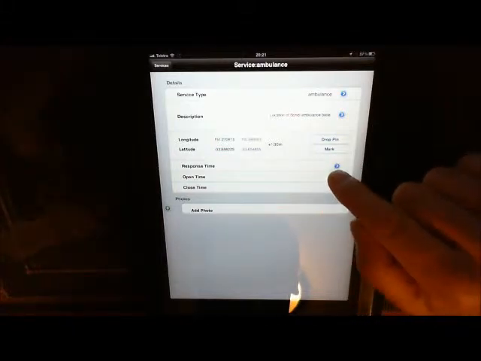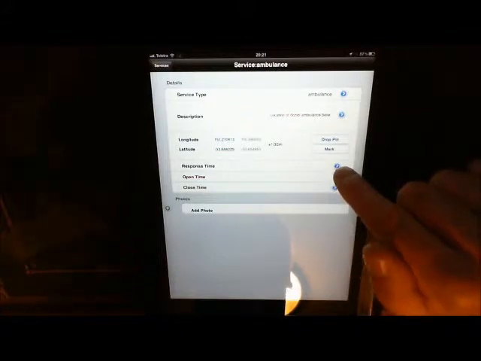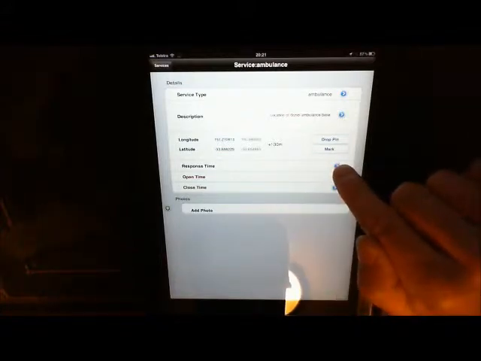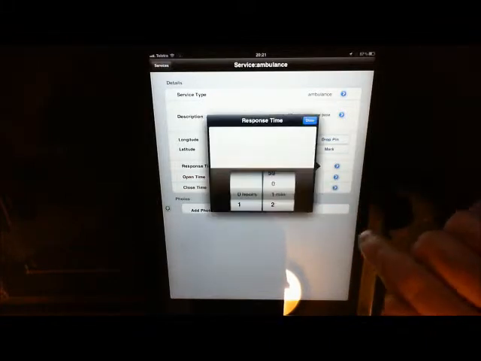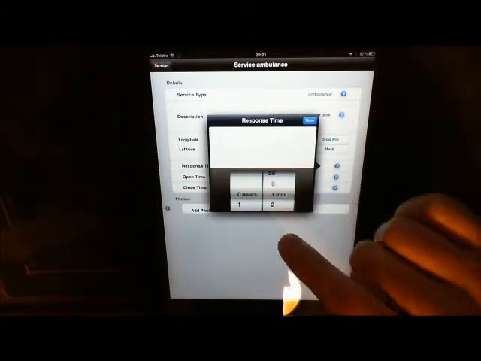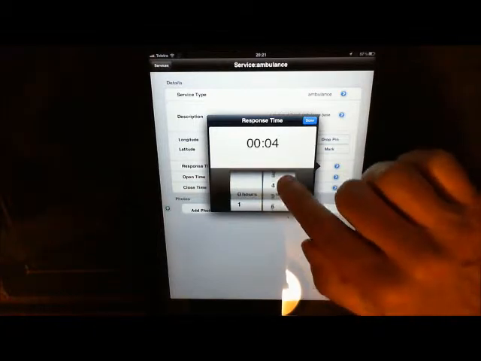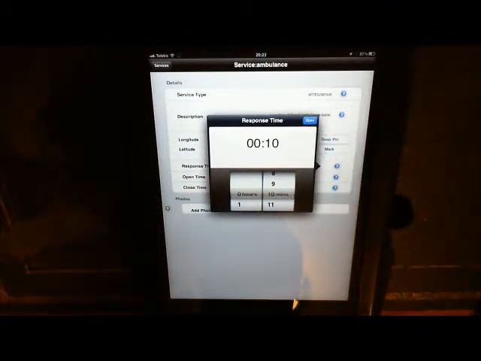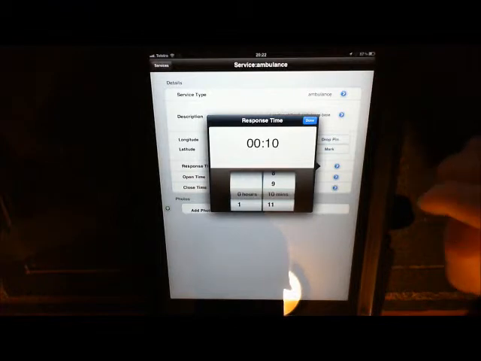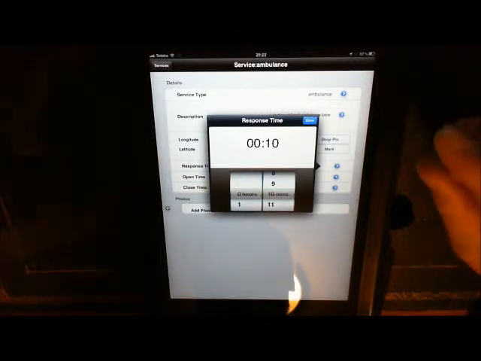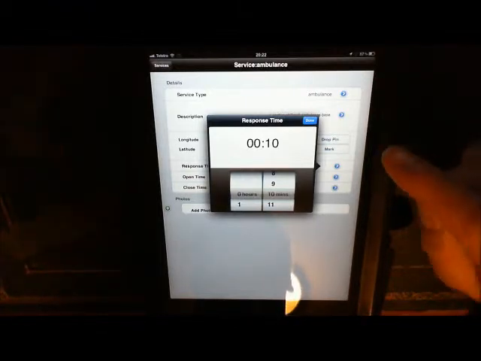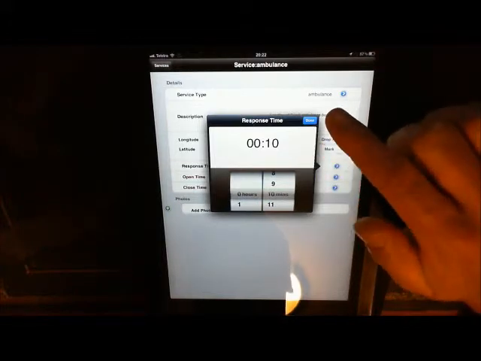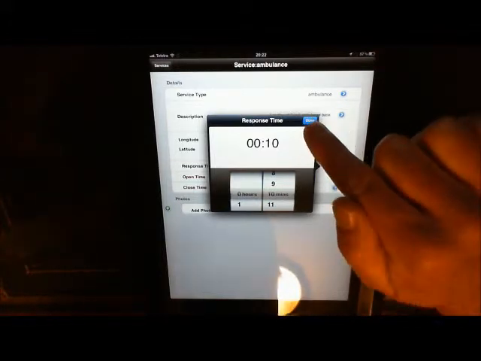The next thing we need to do is enter in a response time, and we do that by clicking the blue arrow key in the response time field, and that'll bring up a response time scroll wheel, and we just choose how many minutes it would take for an ambulance to respond from that location. Now you can either estimate that, or you can speak to the ambulance service and ask them how long it takes them to respond, or speak to the lifeguards and ask them. And we click done,